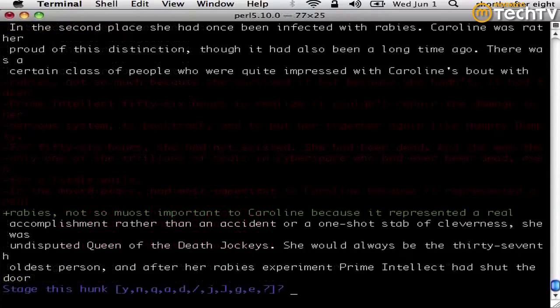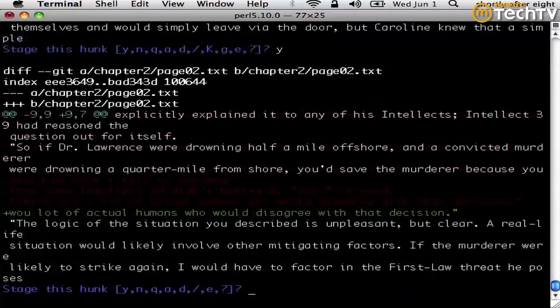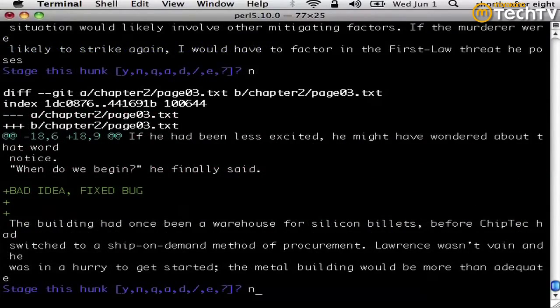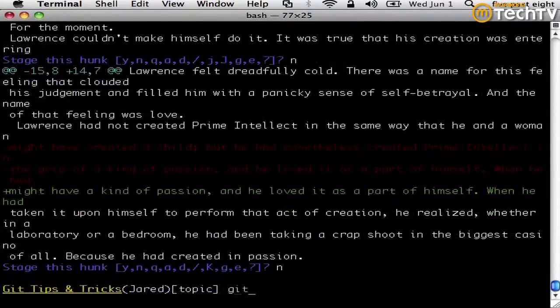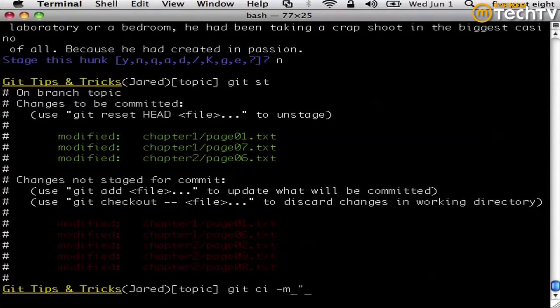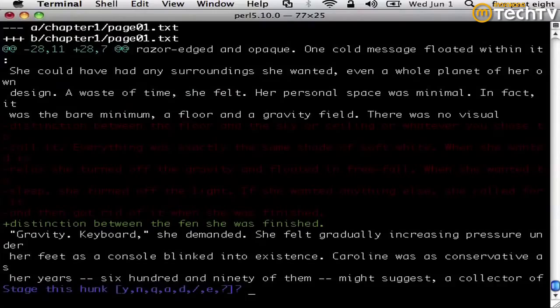Then I'll go through and do git add patch, and I'll just say yes, I want this one. Maybe this is part of a thing, and this is not, and this is not, and this is part of a thing, and oh, that was that bug fix, so I'm not going to commit that. This was part of it, that wasn't, right? I'm just going through and tweezing this out, and I'll put something like idea 1, or whatever that was, and we'll go through and this was my second